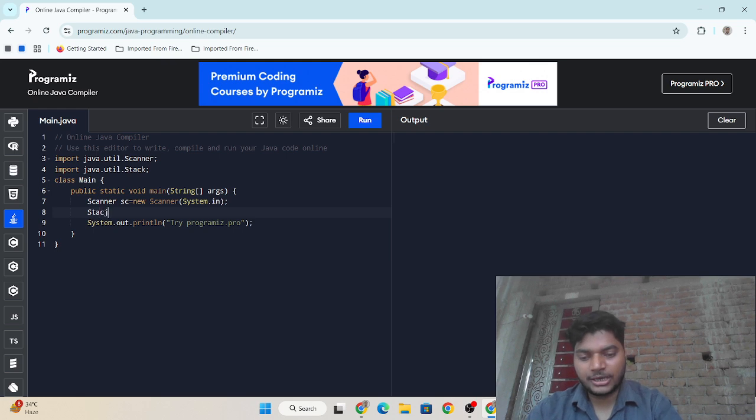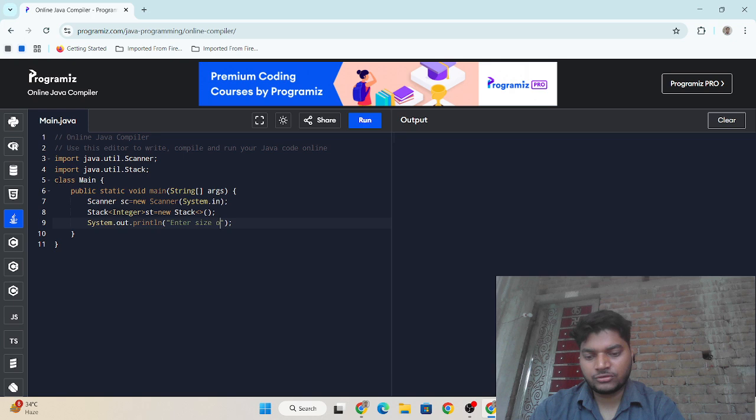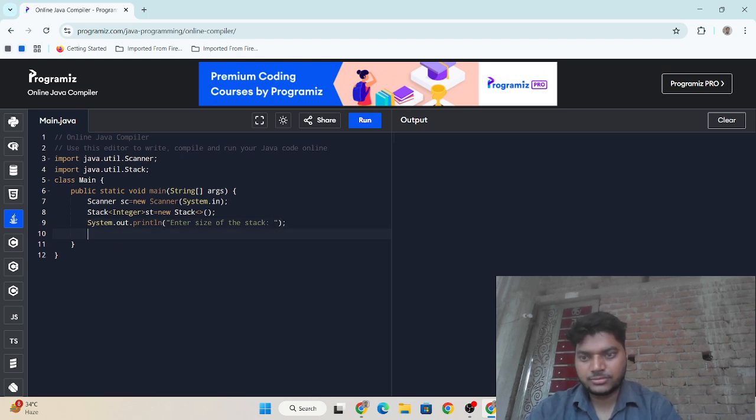I need to write Stack of Integer st is equal to new Stack. Then I need to write, enter size of the stack, and take the input with sc.nextInt.